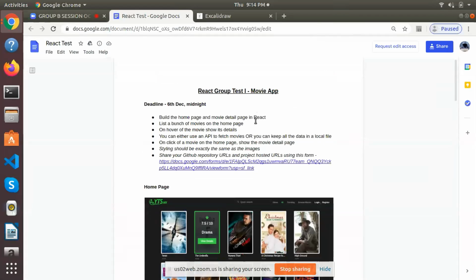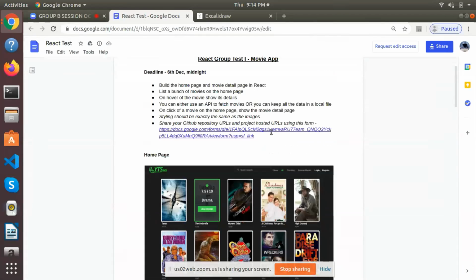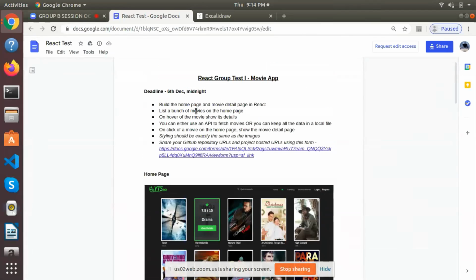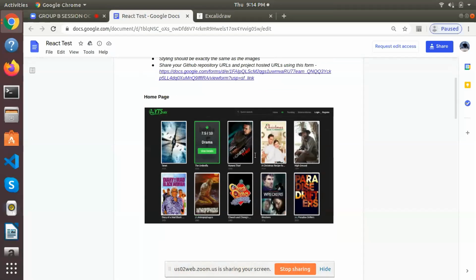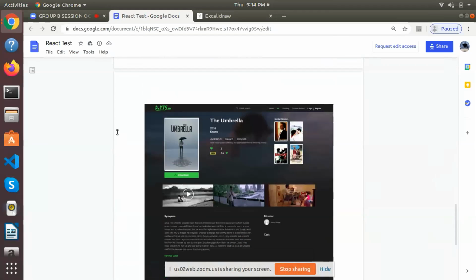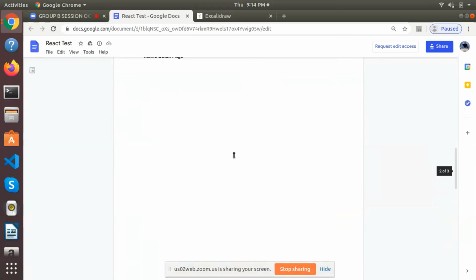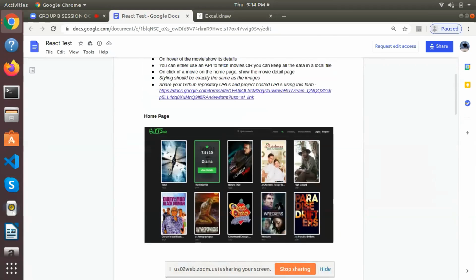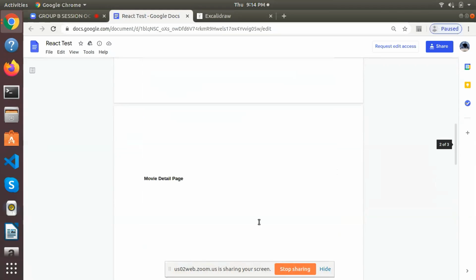Gaurav is asking how we plan such kind of projects. The first thing is that when you read out the points, you see what the requirement is. We saw that there are two screens: on the home page we have to show a movie list, and the second screen is the movie details, right? So by seeing that, it is pretty clear that at least we have to make two components: the home page component, and the movie details component.